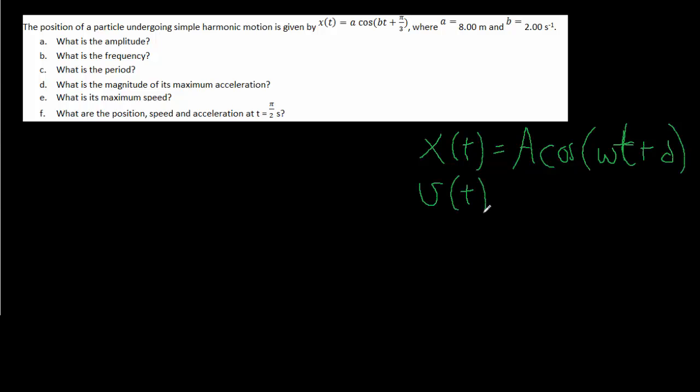Now we begin dealing with the function that specifically describes simple harmonic motion. The position is given by some amplitude, usually we use cosine by convention, times cosine of some angular frequency times time plus some kind of phase shift. And because it's a motion, if we differentiate it, we'll get my velocity at any given time, which, if you